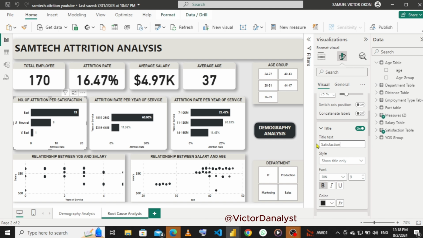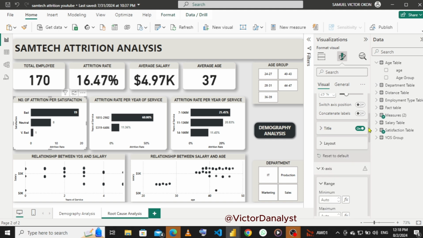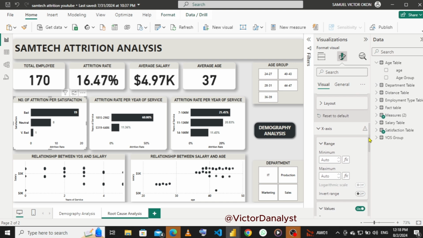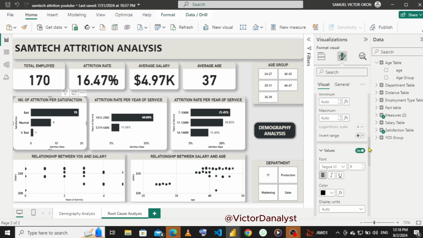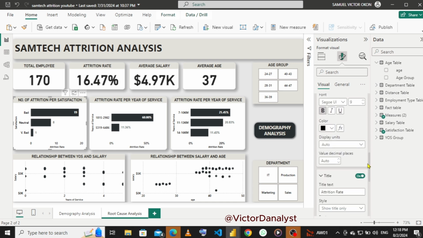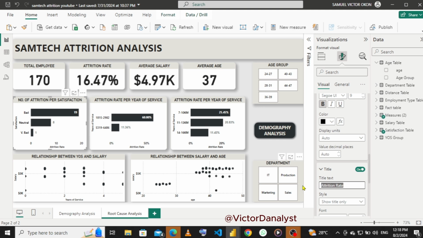Satisfaction. Okay, good. And yeah, come up here. Okay, for this, I'll change this to attrition double. Good. So we're done with that. So back to this one. This is going to be